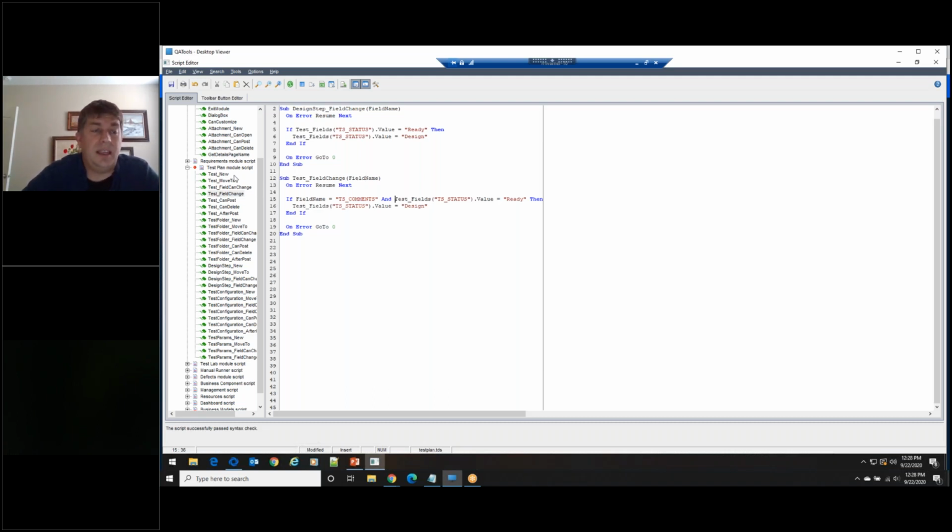Right, and you can see here the test itself. There's the test and all the fields on the test, but then you have the design steps that are in the test. You have configurations that are part of the test. You have parameters that are part of the test. And this doesn't even get into things like requirement linkage. Do you want to change the status back if somebody adds a requirement linkage, or if they add an attachment or something like that?